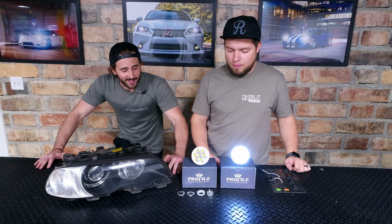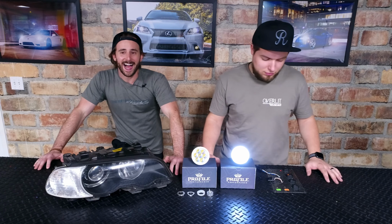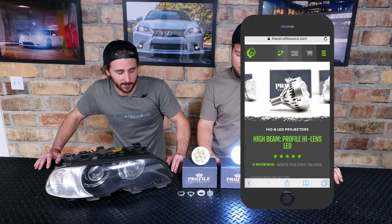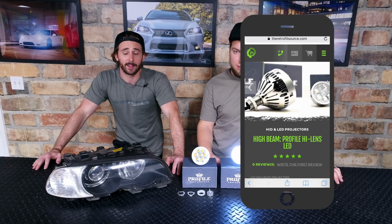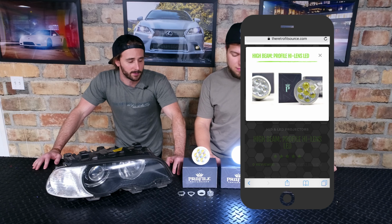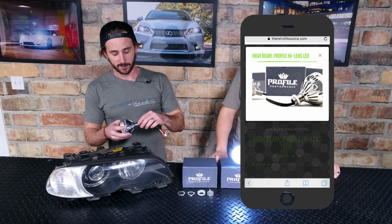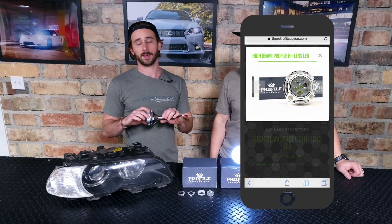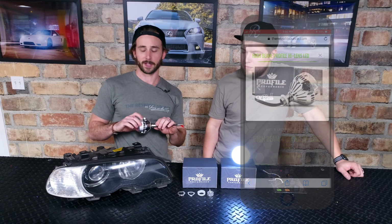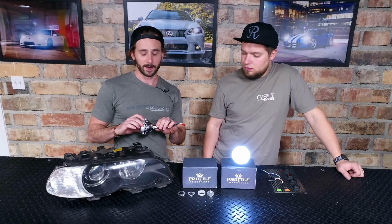All right, right now we are looking at the Gangster new profile high lens LED high beam specific projector. Now this thing is sweet for a variety of reasons, and just to give you an overview, let's review this here. First of all, threaded shaft, super easy to install. We're going to be putting this in these BMW E46 M3 headlights and demoing that later, but very convenient to